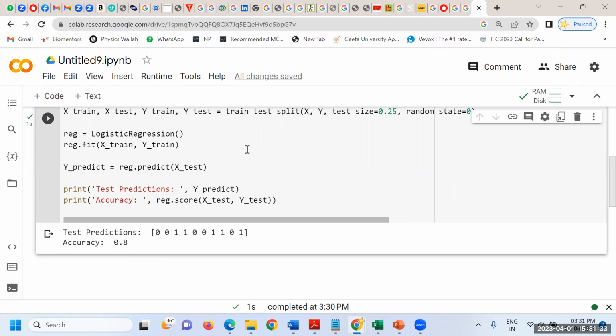So accuracy means 2 positive plus 2 negative by total number of cases, isn't it? If I'm COVID positive, the system must say I'm COVID positive. If I'm COVID negative, the system must say I'm COVID negative. Then only this is the favorable case by total number of cases. That is your accuracy. And the F score is nothing but the harmonic mean of your recall and precision.